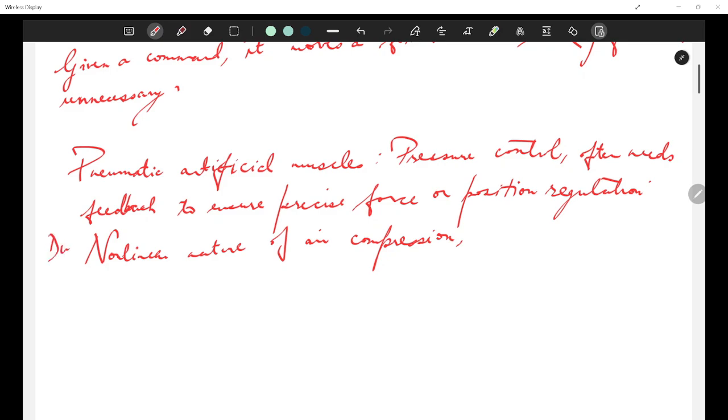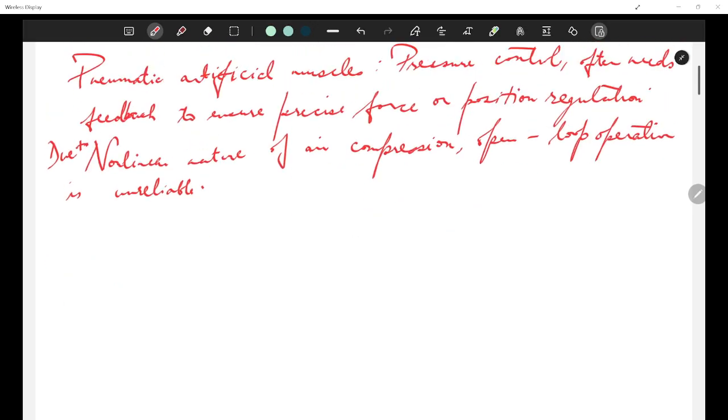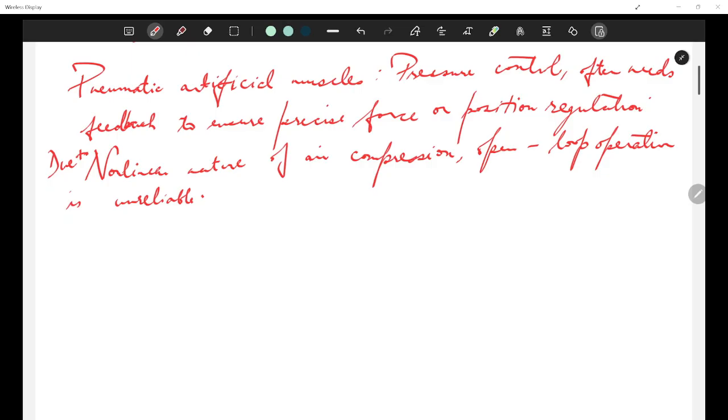Due to this, open loop operation is unreliable. Then the next option is the brushed DC motor. What happens in a brushed DC motor? They generally require feedback.